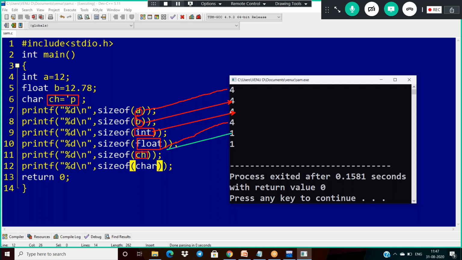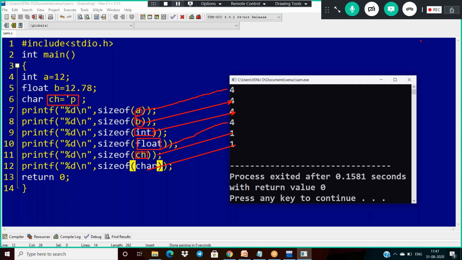Okay, it also gives the correct result. And sizeof char is the data type, that is why I'm getting 1. So by using sizeof, we can find the size of the variable, the size of the literals, and the size of the data type also.